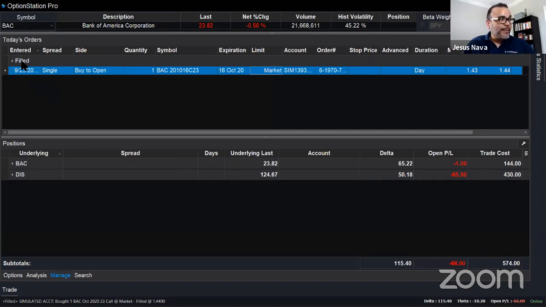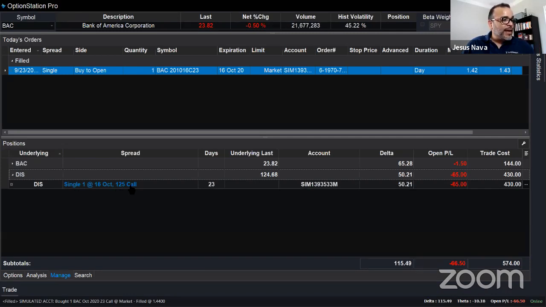Take a look at the very top. I have a filled category. It doesn't say received anymore because I don't have any active orders at the moment. But if I look over here on the positions box, I see two things. I see Bank of America and I see Disney. Disney, because I have a position open on Disney. If I click on the little caret on the left-hand side, it opens it up, and I have a call